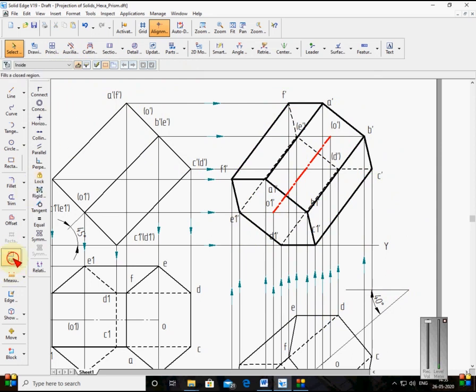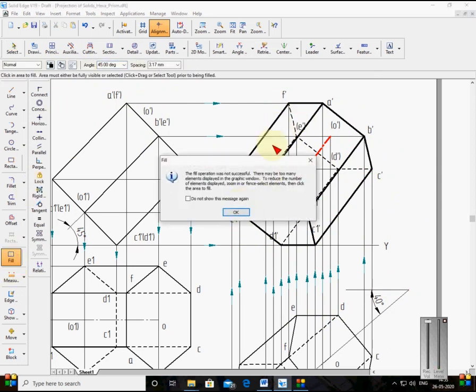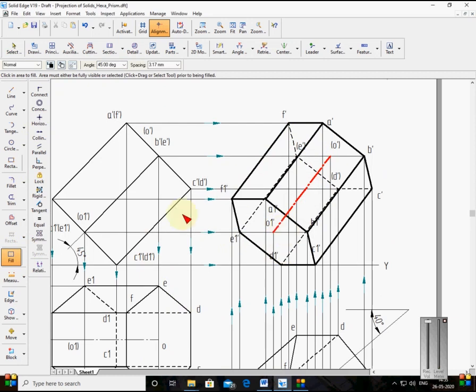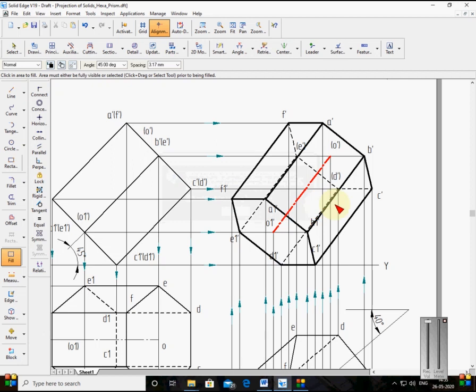If you want, you can fill it also. So this is the solution for the problem.